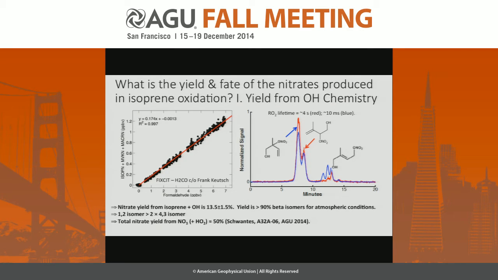RO2 lifetimes that are getting up towards where the atmosphere really is. What we find is that almost all of these nitrates are what are called beta nitrates, where the OH and the nitrate are just 1 carbon across. And indeed, almost all of them are in this one here, this tertiary nitrate, where the OH and the nitrate group is on this 3 carbon tertiary nitrate. This seems like a small detail, but as I'll show you later, I think it's paramount. Okay, so the nitrate yield is high, and we're going to see that these tertiary nitrates are the majority